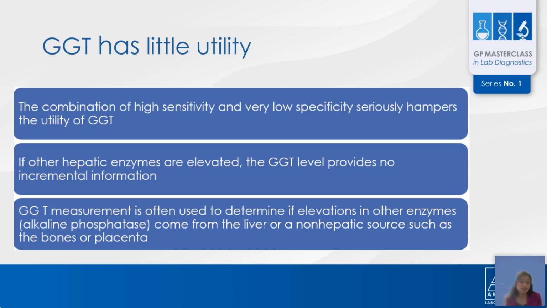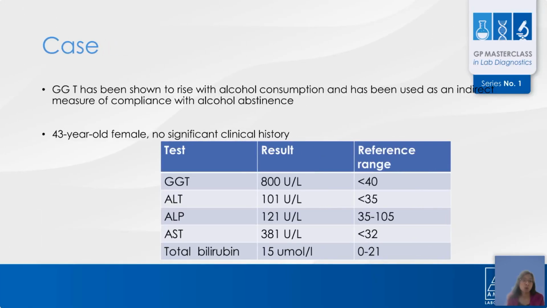Conversely, if the GGT level is normal, the ALP elevation is derived from a non-hepatic source, the main one a lot of the time being bone. But even in this situation, sometimes we can do other tests like isoenzymes. So when to do more?